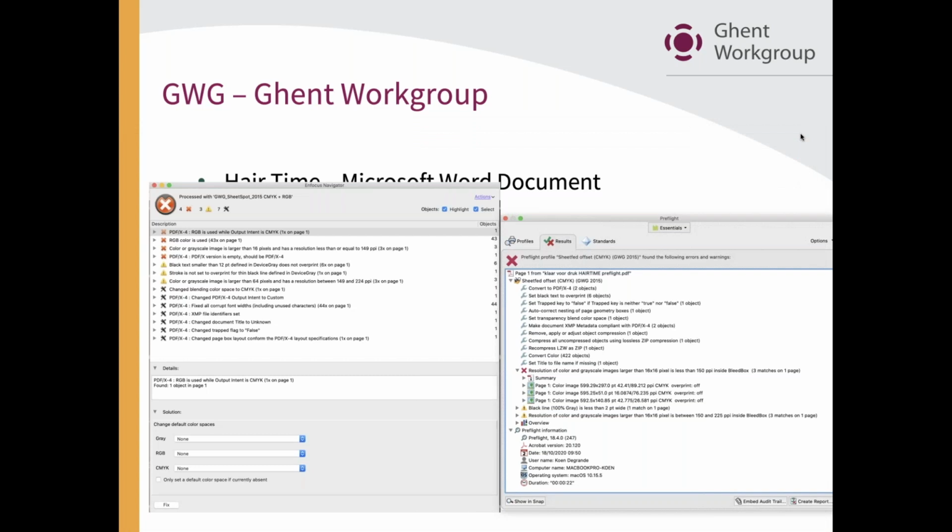We put it in the pre-flight system. I used two known systems. One is InFocus, on the left side, where you see there's an error, which is right: it's RGB which is normally used. And then this is not really PDF/X-4 compliant. Carol already mentioned, we want to give you a good opportunity to create a PDF, but it's not completely PDF/X-4 compliant